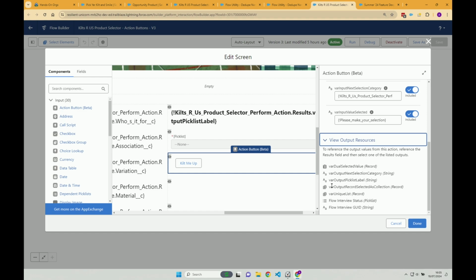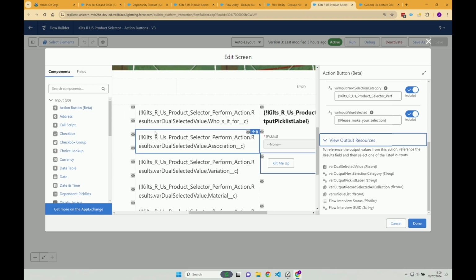What's a bit different from when you do a subflow is that usually when it gives you output values, you get to pick what variables you put those into. Whereas here, it tells you what the output variables are, and you kind of have to reference the button output variables. So when you reference them, it's going to be what the value is after it's been clicked. And that's the nice little thing about how we're using it in this context,